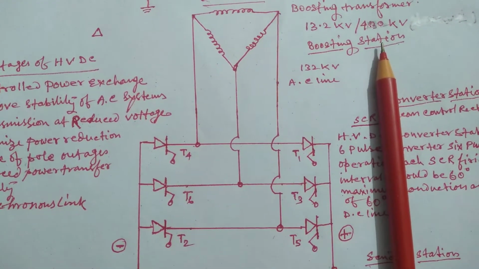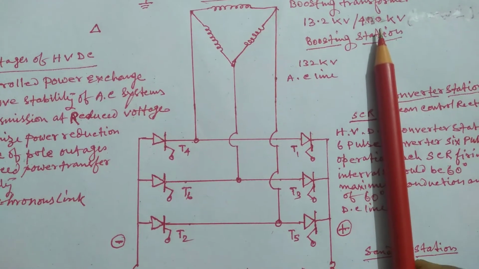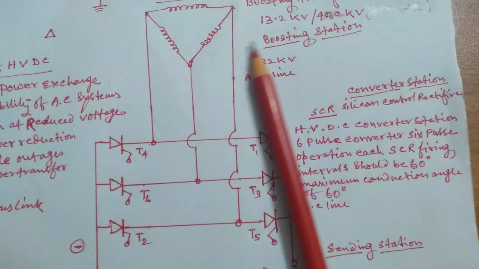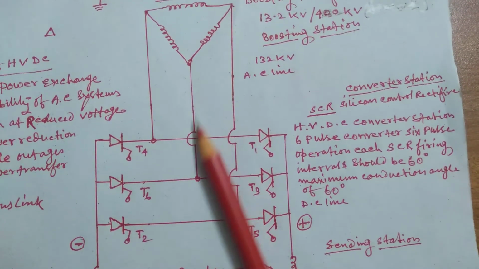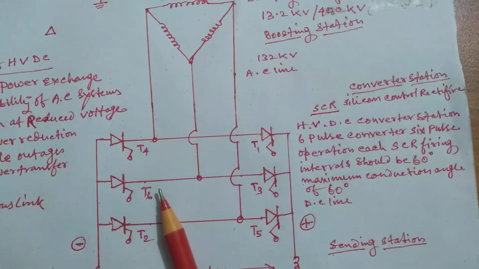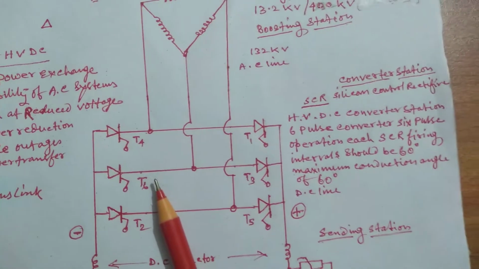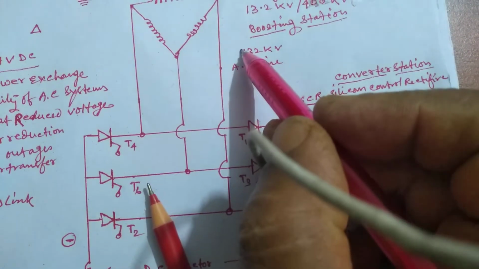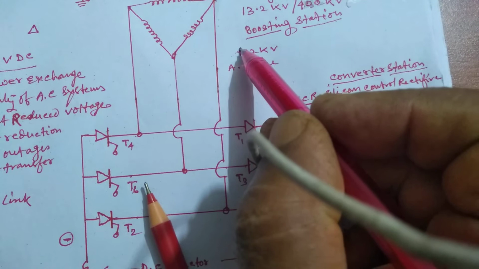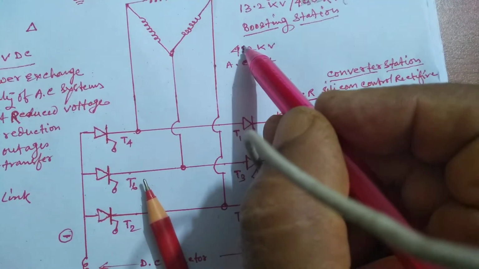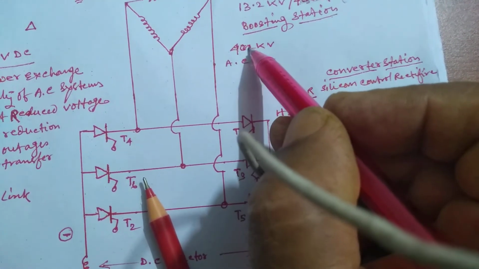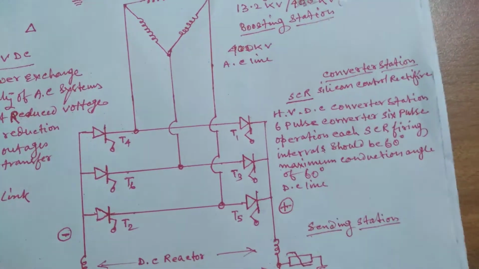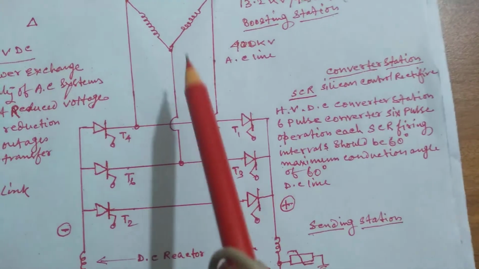This is 102 kV, 13.2 kV boosting station to power incoming. This is a 400 kV AC line. To connect the converter station,